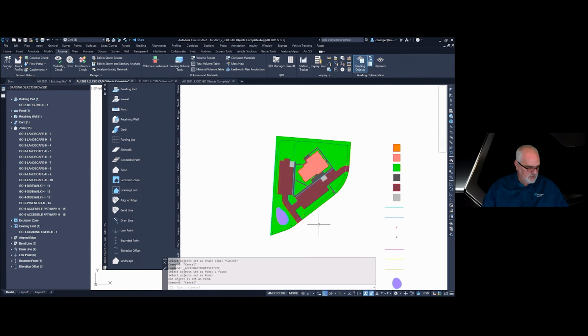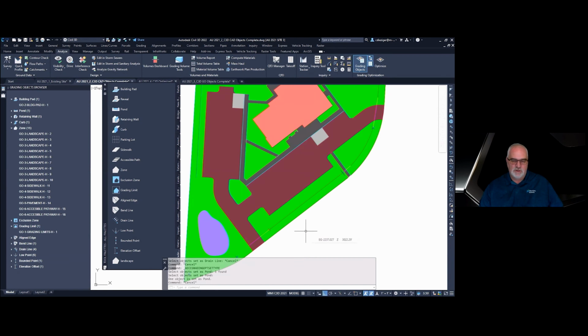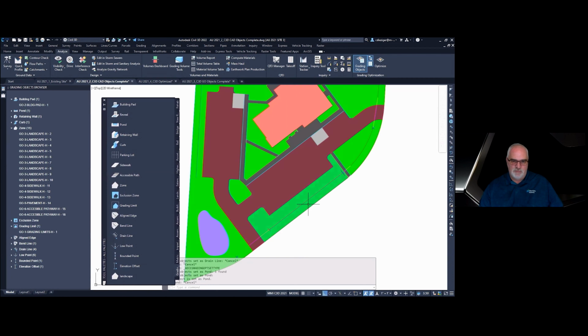So from there, once you have everything set, you're going to go ahead and push optimize, and that'll send it to Geo. Because of time, I didn't go through setting every little thing. So I've got a drawing that I'm going to jump forward to. But before doing that, keep in mind that you can stack these. There's a grading object called the lined edge that helps keep things smooth and more consistent than just a drain line.